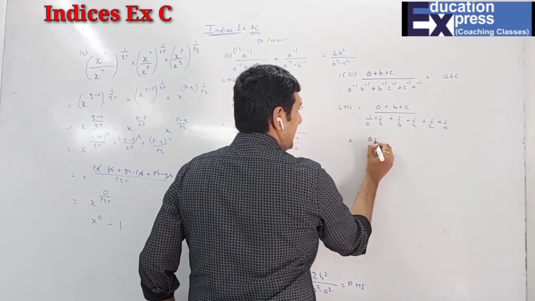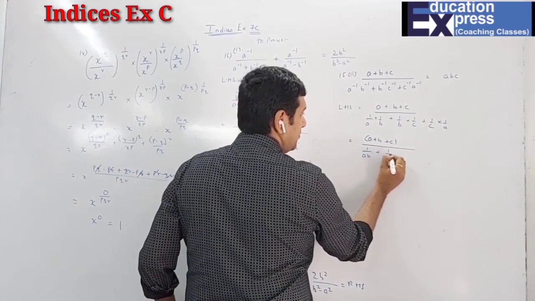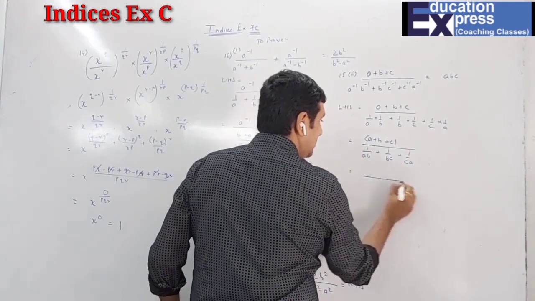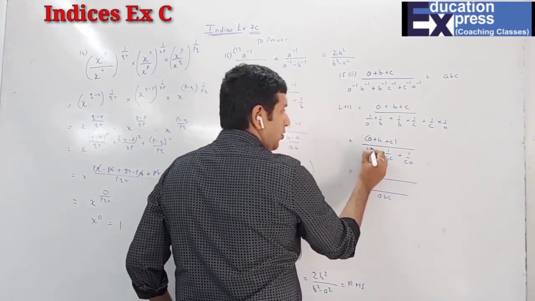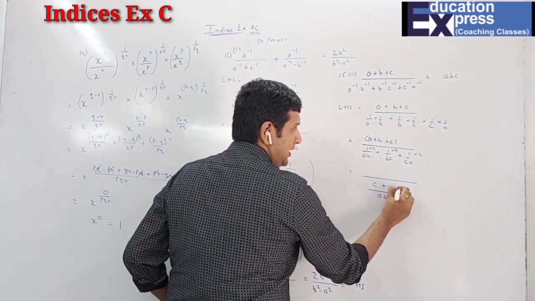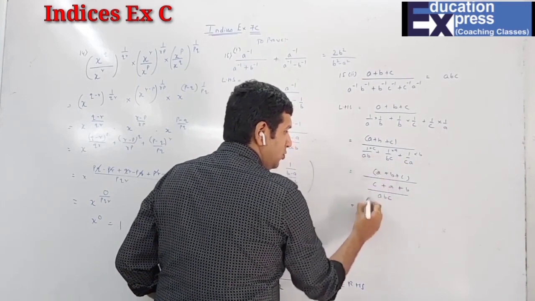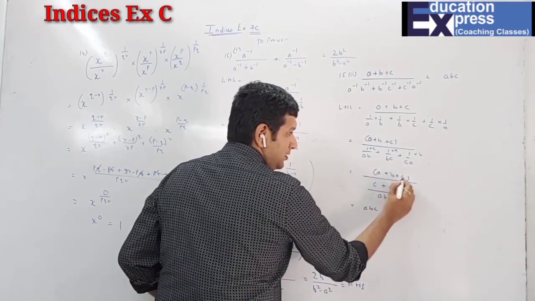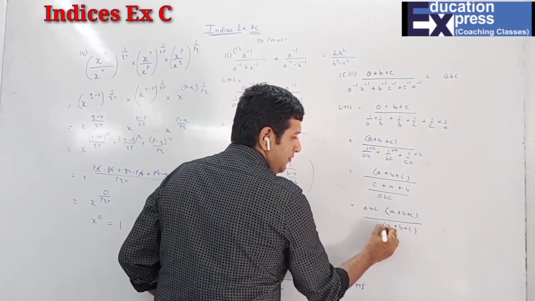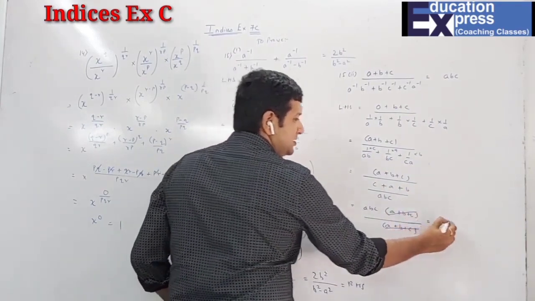So now A plus B plus C, 1 upon AB plus 1 upon BC plus 1 upon CA. So students, now the LCM in the denominator will be ABC. Here what is not there? C. Here A and here B. So C plus A plus B and A plus B plus C. So now students, this ABC will go up. This is A plus B plus C. In the denominator also it is A plus B plus C. When it's plus, you can write in any order. This will get cancelled, which equals RHS. Hence proved. They were exactly the same only.